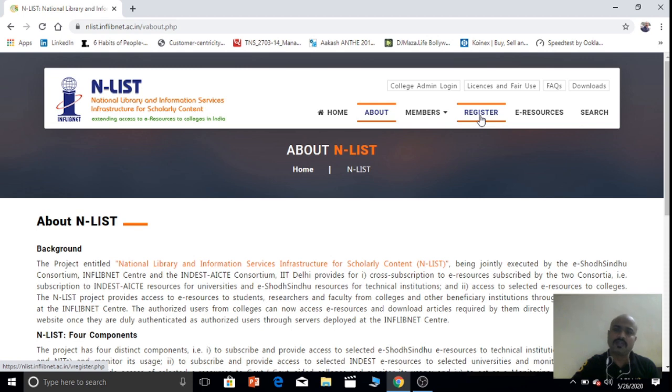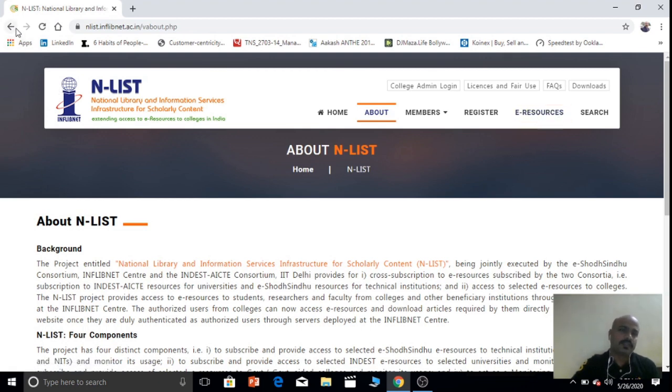It is also for colleges to register on Enlist. Here two options are for us. We can directly search if we know any document or resource by name or title. But mostly I would request you to search through e-resources.